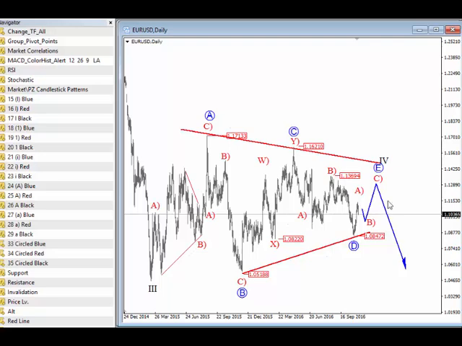So since we are now in final stages then of this triangle, then I can expect that this wave E could also be very sharp. Maybe wave E is already finished here and we will see a strong move to the downside when US election results will come out. But I will stick with this view for more upside into ABC, and the reason is